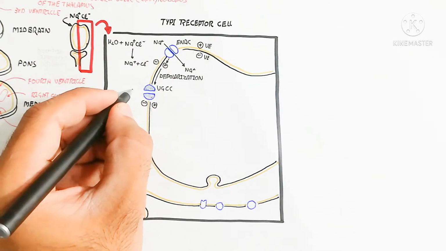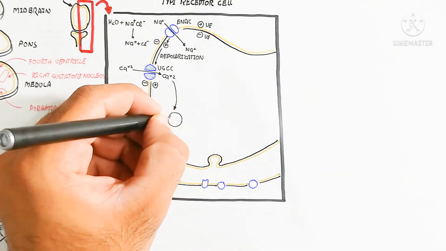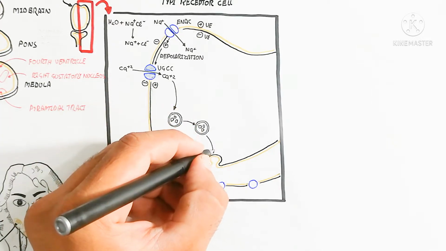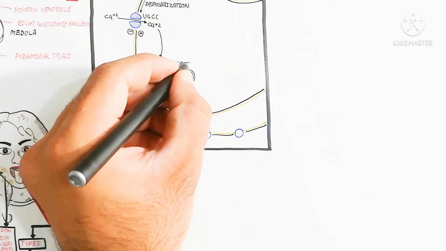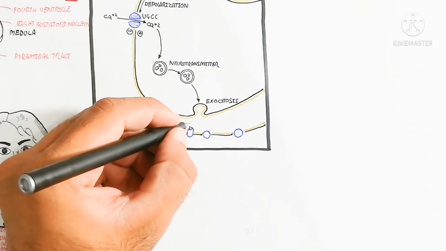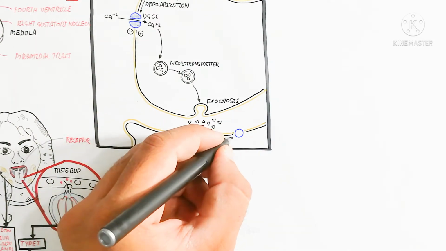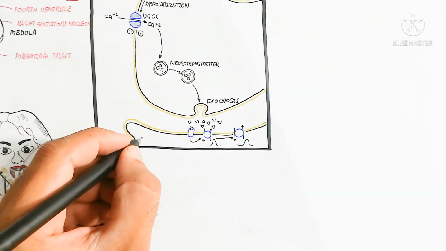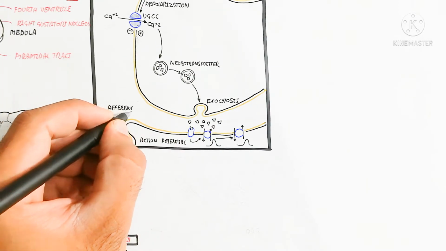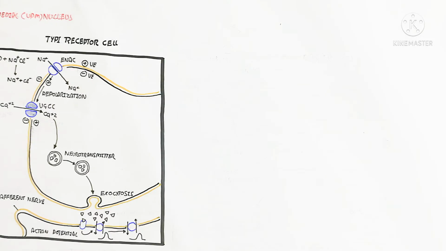After the depolarization stimulated by the ENaC channel, the voltage gated calcium channel will open to move calcium inside, and again this is basically more depolarization to stimulate the neurotransmitter to be released, which is exocytosis. After this exocytosis, this work is done in milliseconds. So the neurotransmitter acetylcholine binds with the neurotransmitter receptor to create an action potential by the exchange of